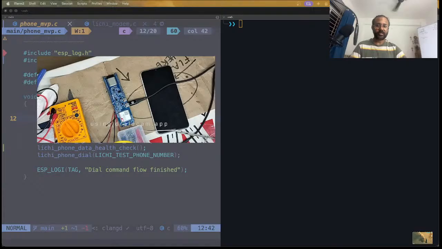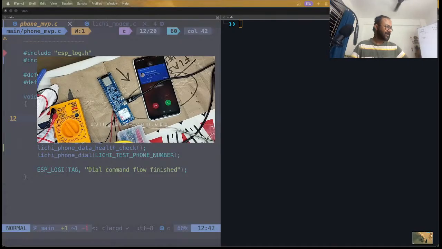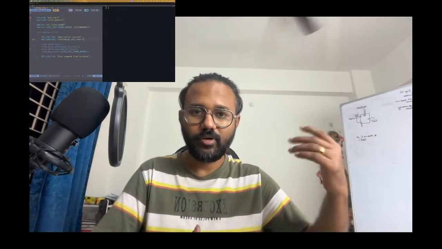Wait for a couple more seconds. And thank God, we're getting the call. I was worried. So now the call is happening, right? So what happened was, even though I flashed it earlier, I had flashed it with the right code, right? And even though the hardware was not connected, still it should have